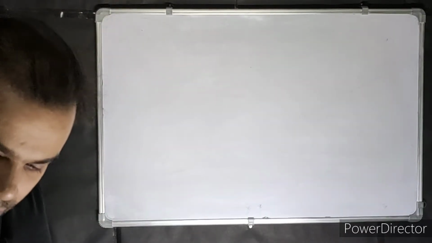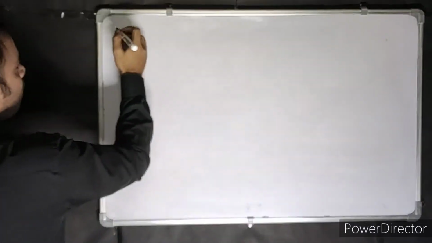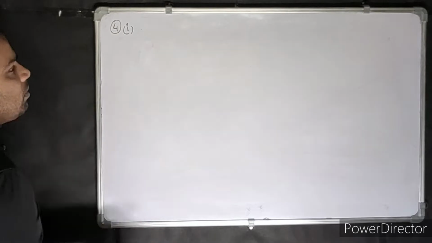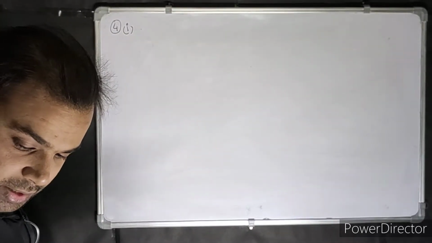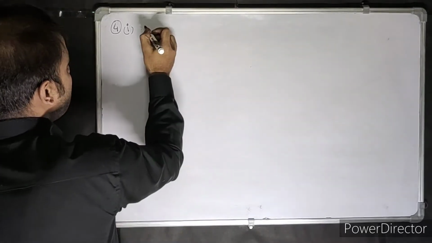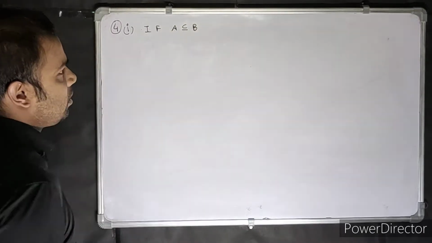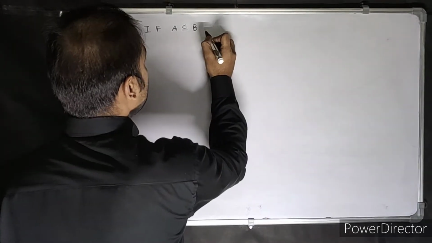Okay, let's go on to the next question. The next question is question number 4, part 1. This is the question. It's saying, if A is a subset of B, it's given A is a subset of B, then you have